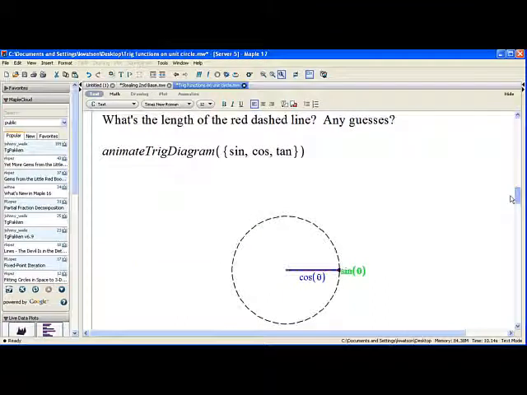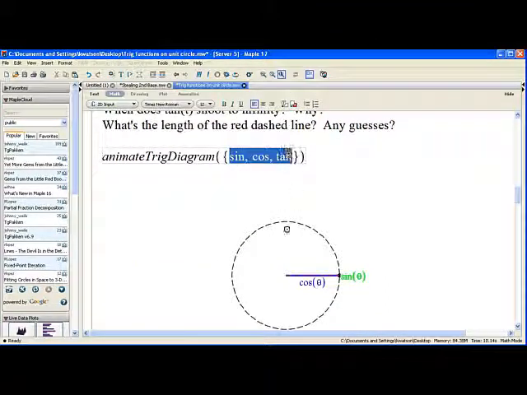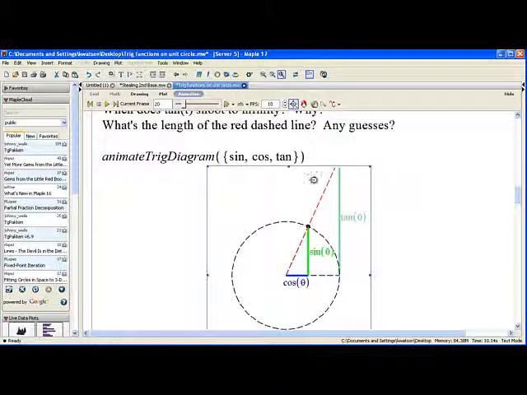But now this is where things get really interesting. Let's take a look at the same picture where I've added now the tangent. So why is this vertical line here representing the value of the tangent? Well, we saw that the slope of the line is equal to the tangent, but if you multiply a slope by an x value, you get a y value. Well, what is this x value from the origin to the edge? Well, that's just 1. So to get this y value at the tip of the red line here, I'm multiplying